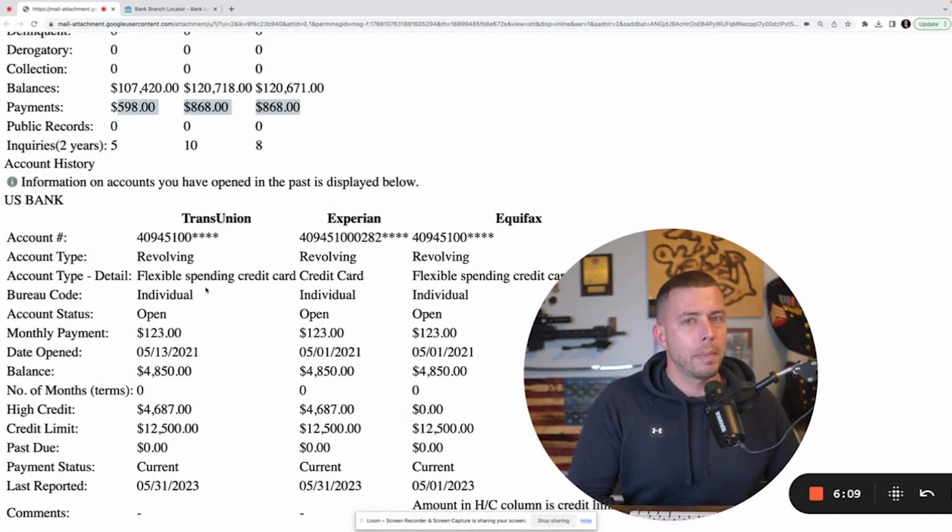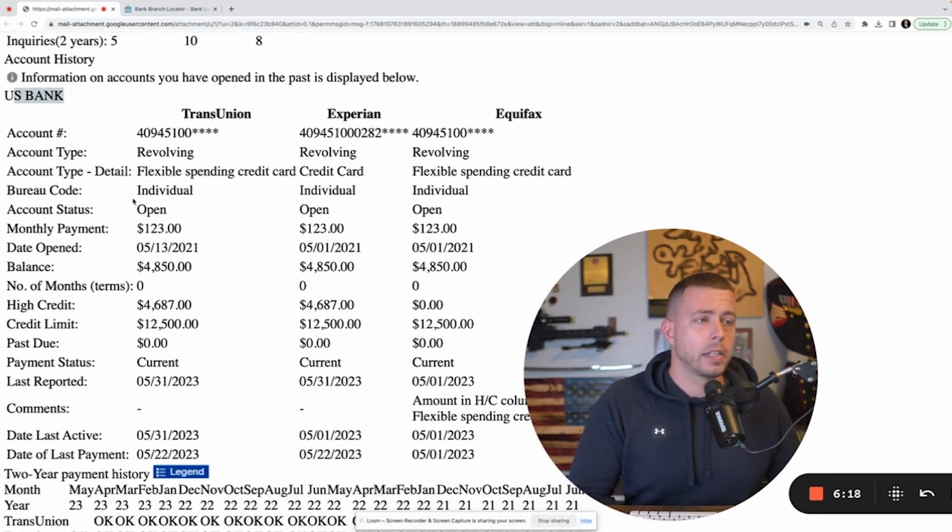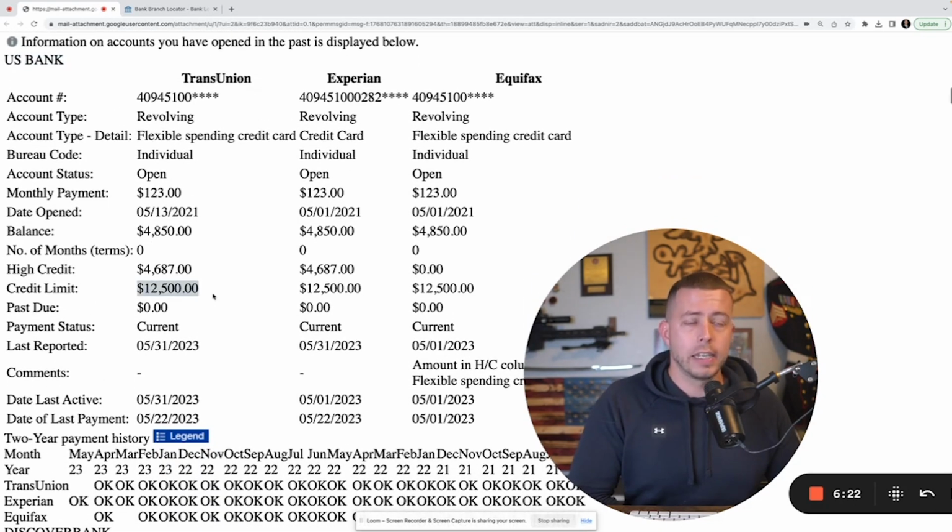So it could lower his minimum payments, save him money on interest, hide his utilization, and boost his scores to 750 plus, getting him much more funding. So I would highly recommend doing pay downs on this account. And if they offer it, call in and see if they can do a soft pull credit line increase to